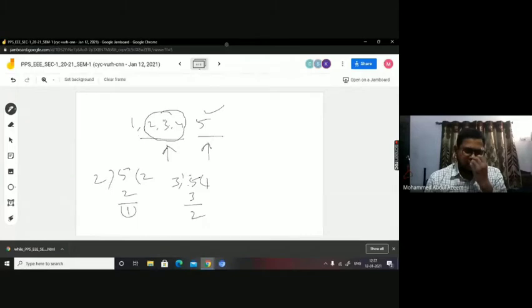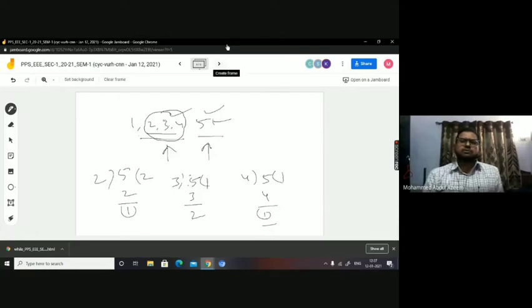When do you say a number is divisible by some number? When the remainder you get out of it is 0. When it perfectly divides, you say it is divisible. So similarly for 4 also you can check. 4 ones are 4 and the remainder is not 0. So I have ensured, by checking all the numbers between 1 and itself, that the number is not divisible by any of the numbers from this set. If none of the numbers is able to divide this 5 perfectly, then I can say, yes, this is a prime number. This is how we are going to devise the logic for the prime number.